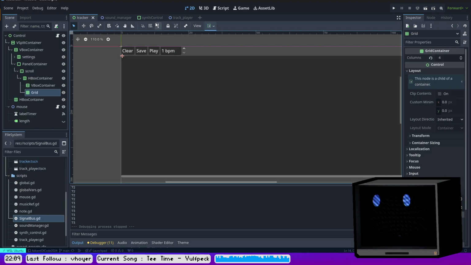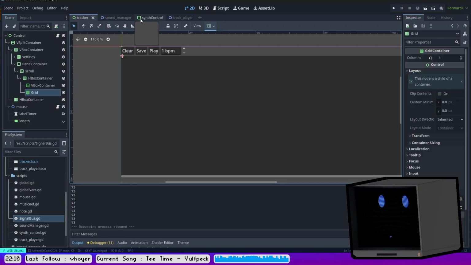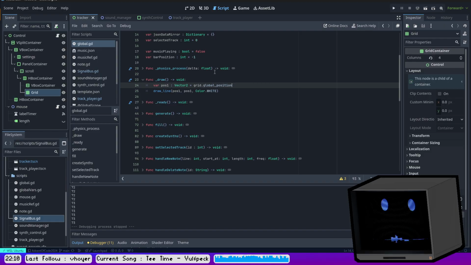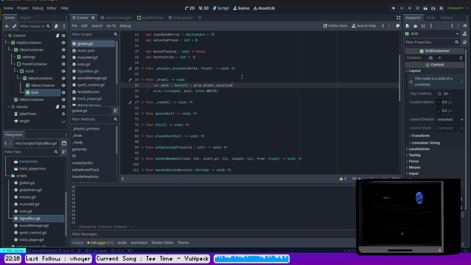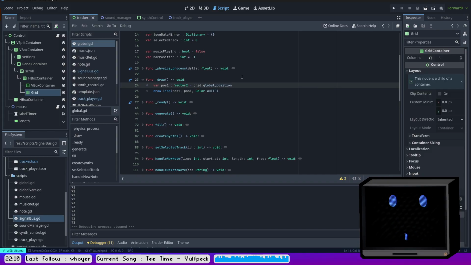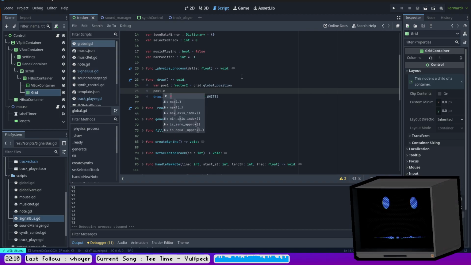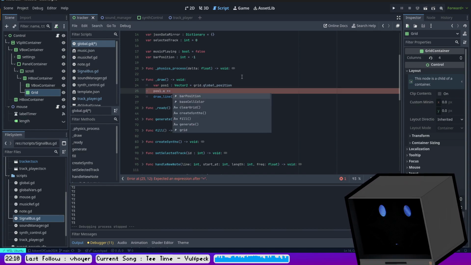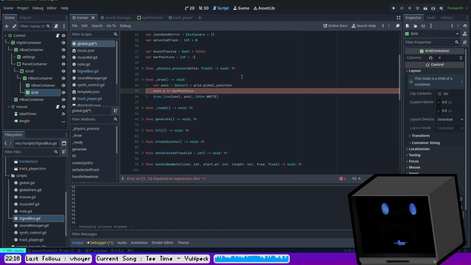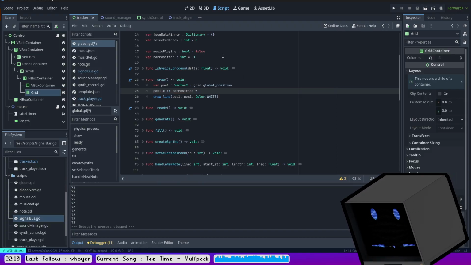Then okay. Script. So global position, position 1 dot x plus equals bar position times